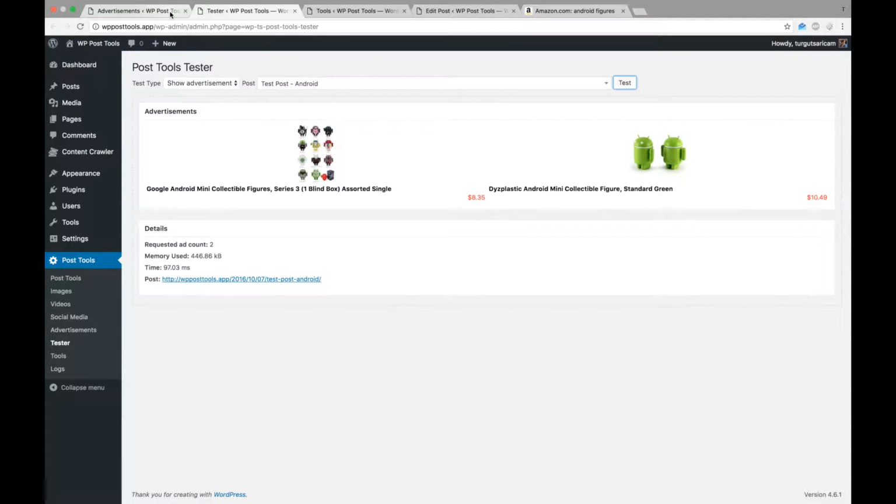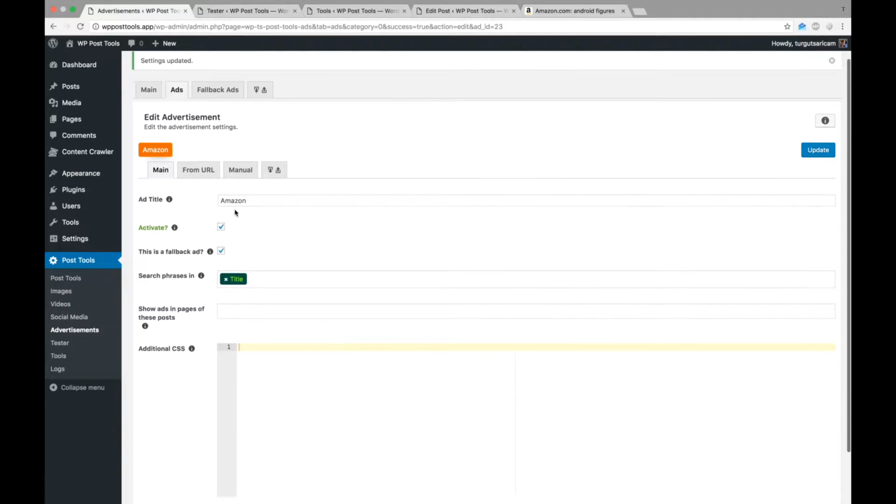We can also define manual advertisement codes for an advertisement.